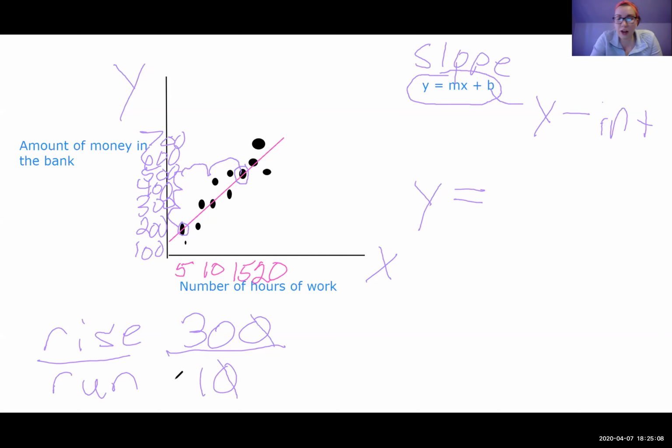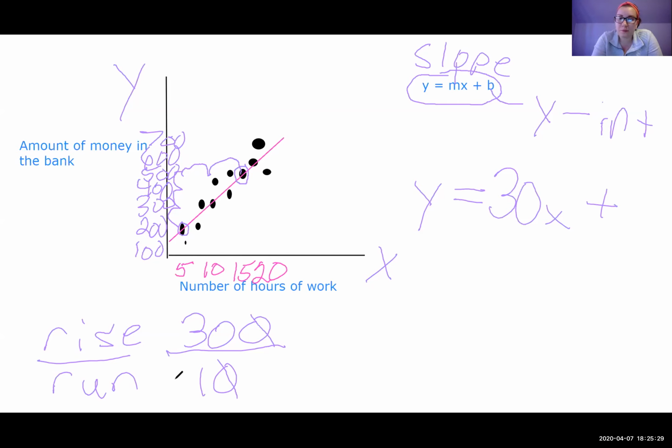If you got 30, that is right. So we now know that our slope, or our constant rate of change, is 30x plus. Now we need to find our y-intercept. But now we're saying